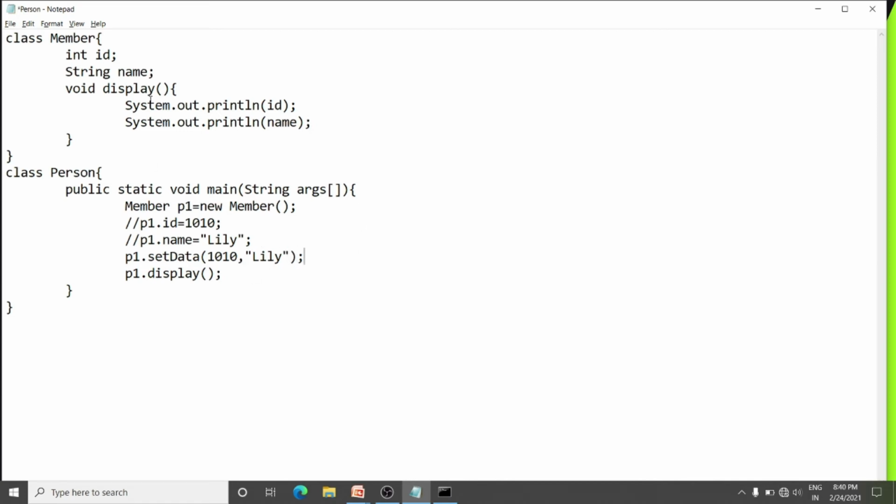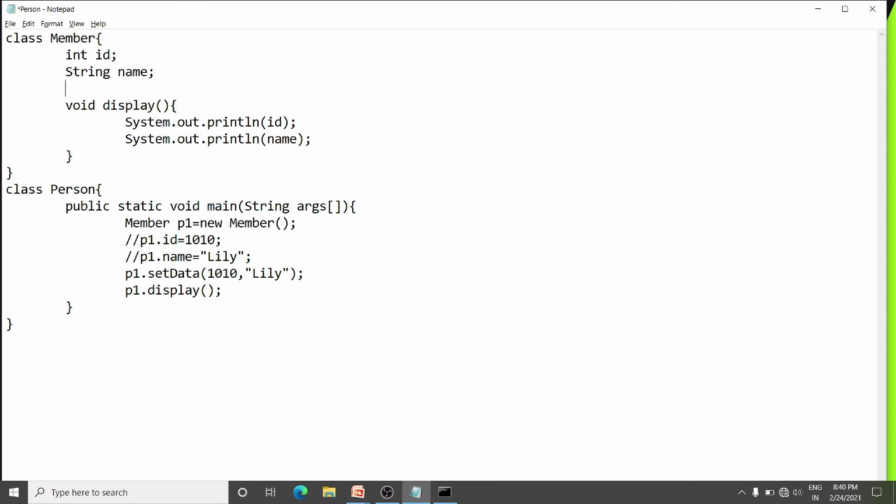And here I will write that method: void setData. You have to write the same name here, don't change it. It will take two arguments, one an integer and the second a string. So in round braces I will write int pid and then String pname. You can give any name here.